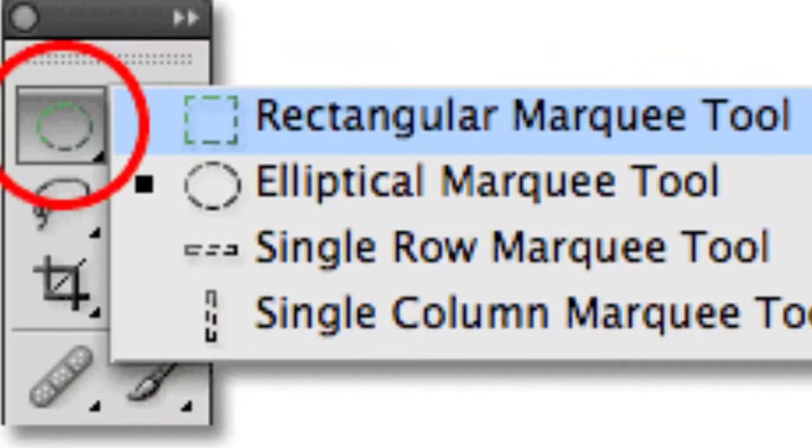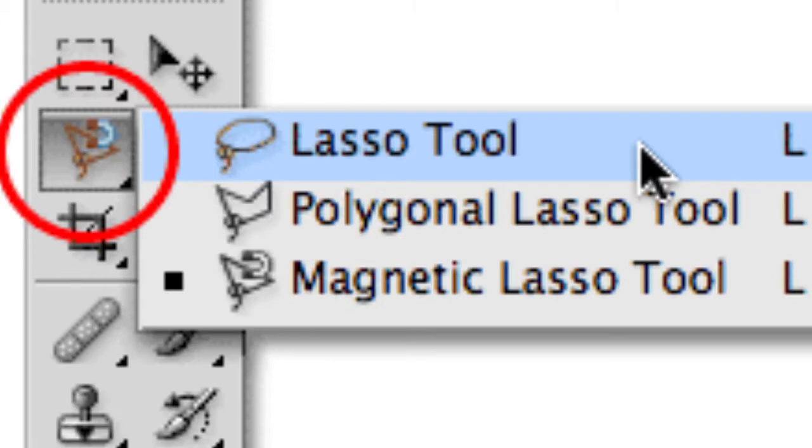The first of the common tools is the selection tools. There are two types of selection tools: one is Marquee tools and one is Lasso tools. Marquee tools allow us to select rectangular and elliptical areas in an image, and the Lasso tool draws a freehand selection area with either curves or straight lines. And there are two types of lasso tools: one is the polygon lasso tool, and one is the magnetic lasso tool.